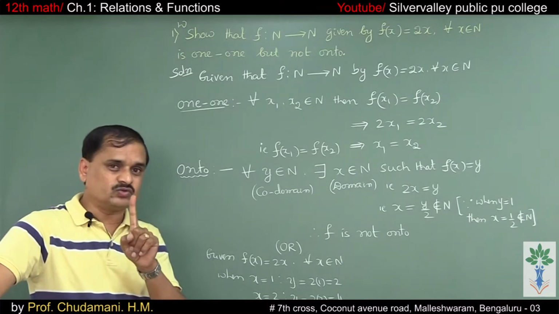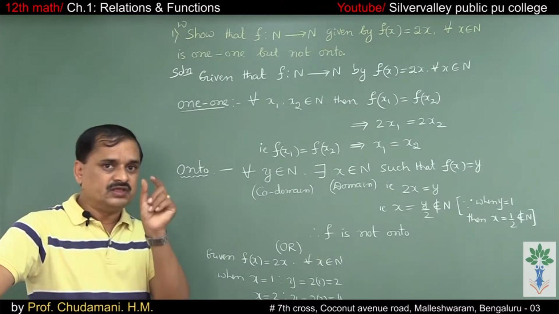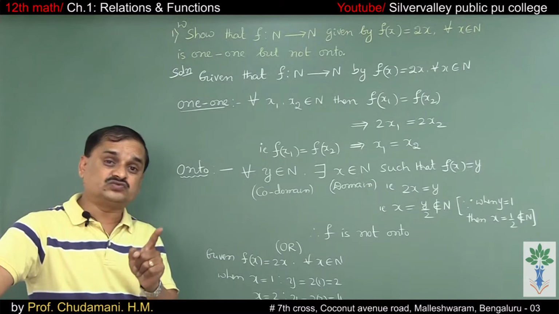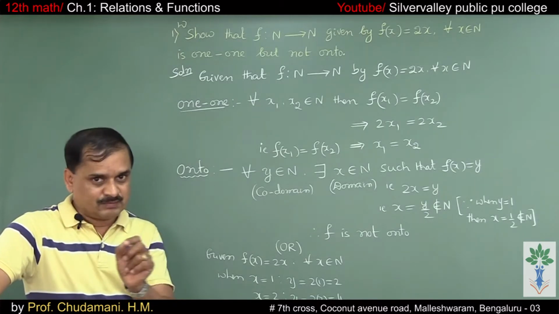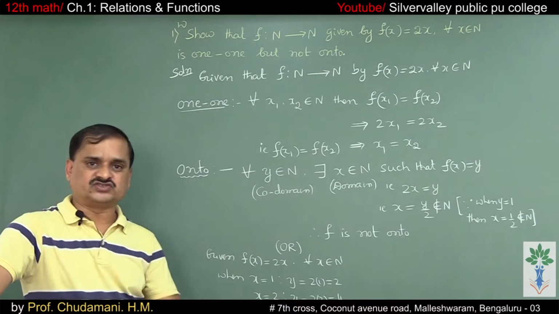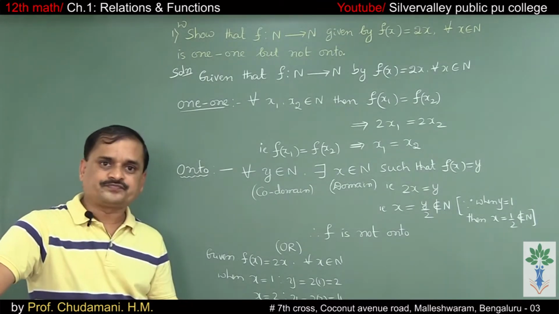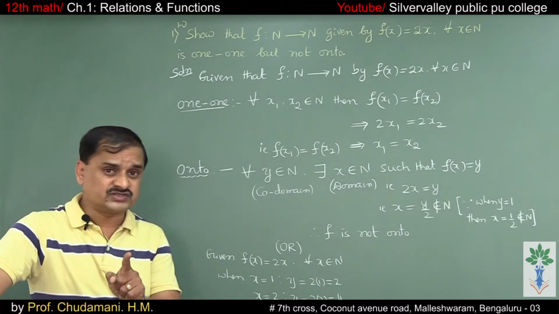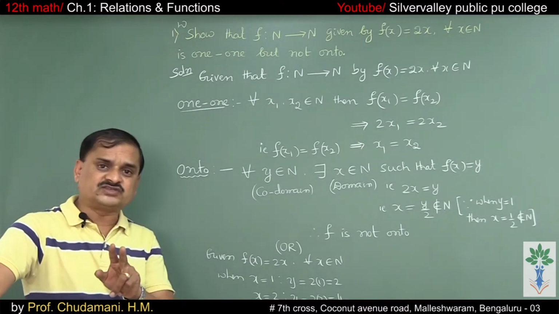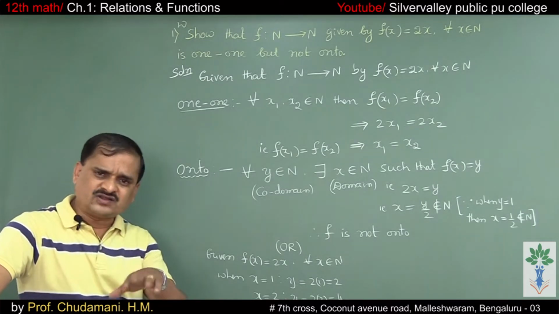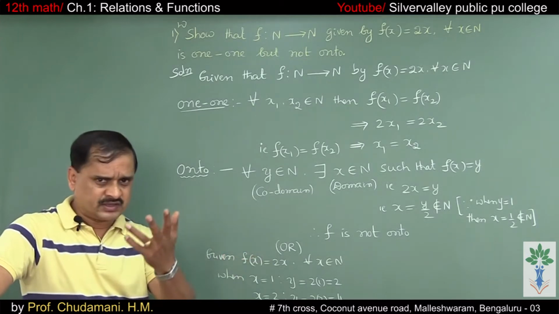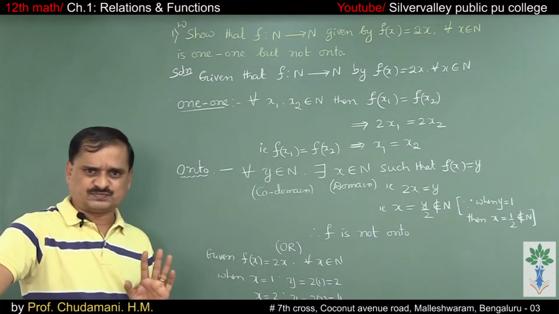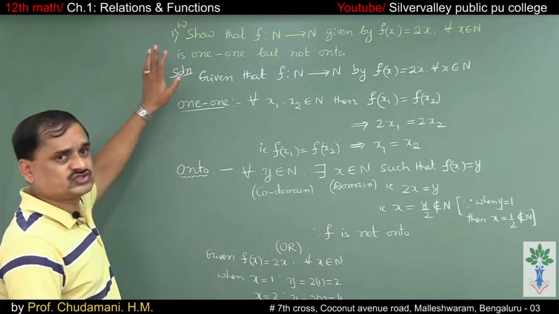To show it is a one-one function mathematically, for all x1, x2 belonging to the set A, f of x1 is equal to f of x2 implies x1 is equal to x2. This is one method. Or distinct elements have distinct images: x1 not equal to x2 implies f of x1 not equal to f of x2. Otherwise you can use an arrow diagram or a graphical approach. Generally we follow the mathematical expression, so mathematically let us solve the problems.